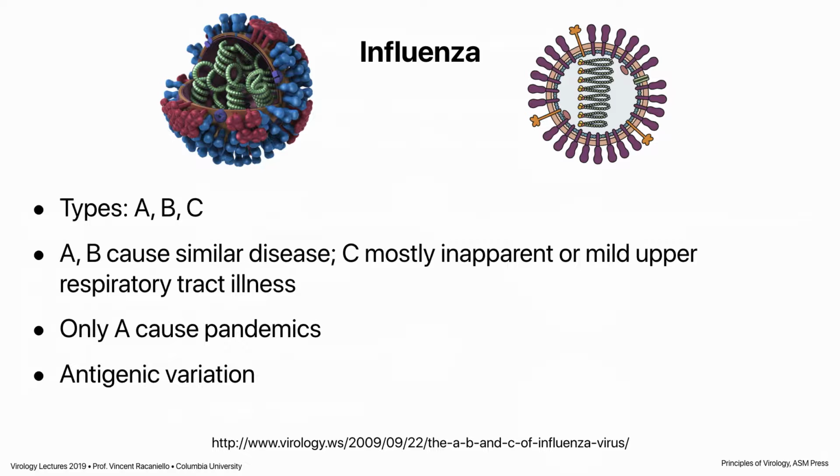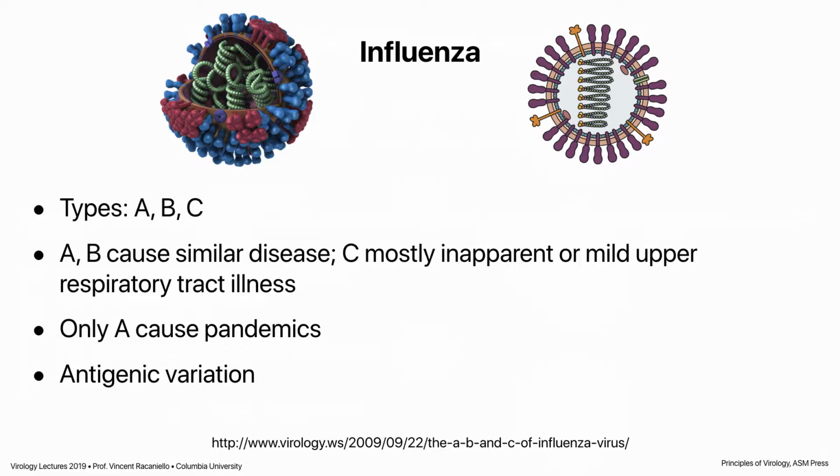And remember, it is an RNA virus with an envelope: negative-stranded RNA with 8 genome segments. There are 3 types of influenza virus, called A, B, and C. A and B will cause a similar disease that's known as influenza. C is mostly inapparent or a mild upper respiratory tract illness. We only vaccinate against